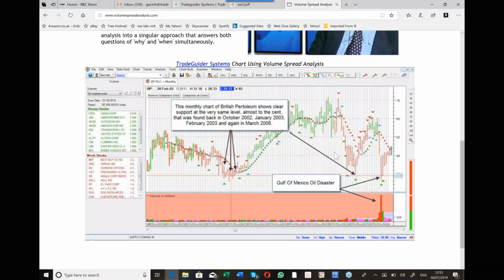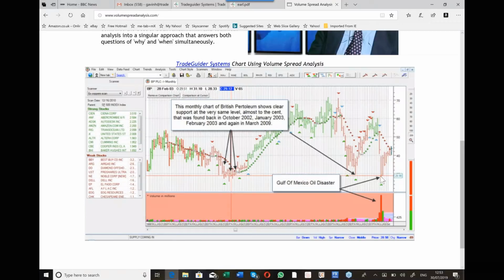So BP, this is British Petroleum monthly stock, BP. We can't cap the well. Okay. And the stock plummeted as that happened. But then on our daily and 4-hour charts, we had a VSA signal, which is what we call a top bot signal, called bag holding. And as it happened at a 10-year previous low, it happened almost at the same level where it happened a year before. So there are no accidents in the financial markets if you can read the chart.